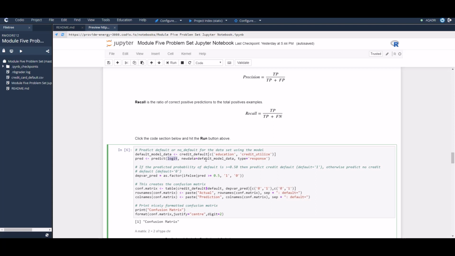We used to create a row of data to input into the model. Well, this time we're just taking all of the data set, variable education, and inputting that into the model so that we get predictions for all of the rows in